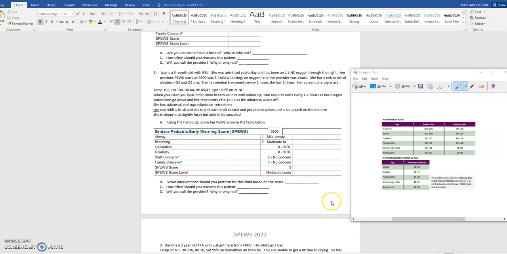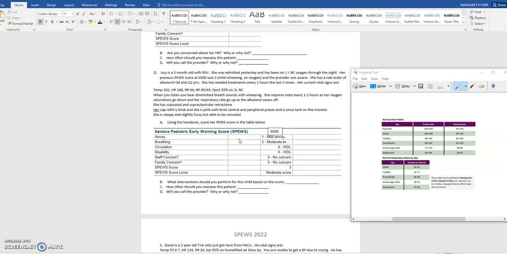Next we have Miss Izzy. So her previous PEWS score was 3. She is febrile, and her vital signs are a little out of the normal range. So her heart rate is about 8 beats over where she should be as an infant, and her respiratory rate is a little elevated as well. So she should max at about 53, and she is 64. So her previous airway score was 1, but she's actually going to be a 2 because she has